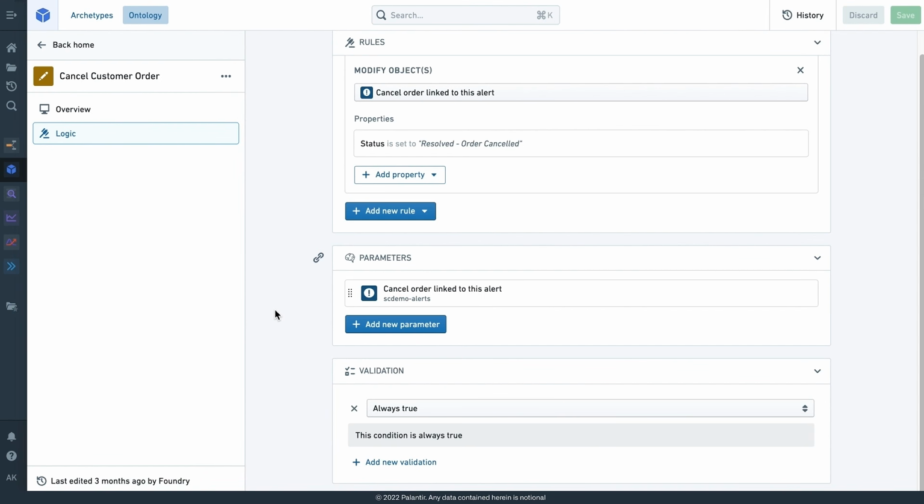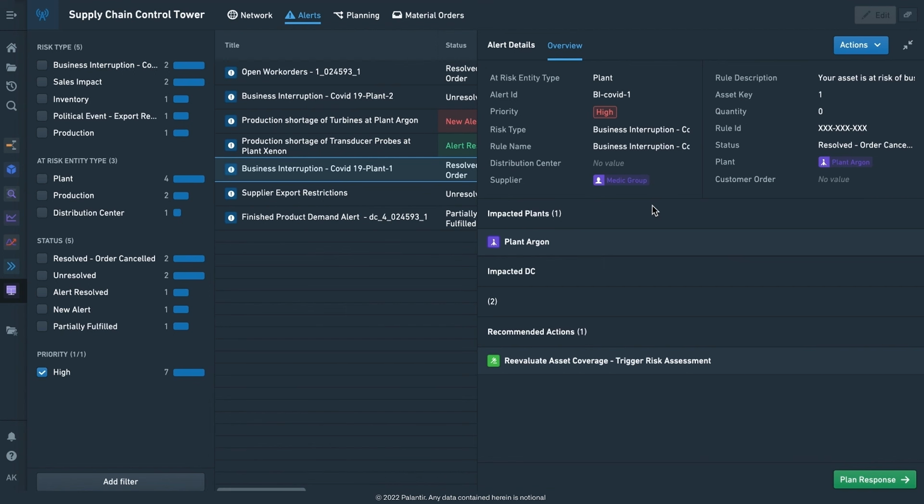And then the last part of this might be a webhook or some sort of write-back routine that synchronizes this change back to an ERP or an MES system. Again, all of that is a pretty complex flow for a piece of logic that I don't want the application builder to have to think about. I just want them to be able to embed that logic here as an action and have Foundry, at a system level, deal with all the orchestration that happens thereafter.